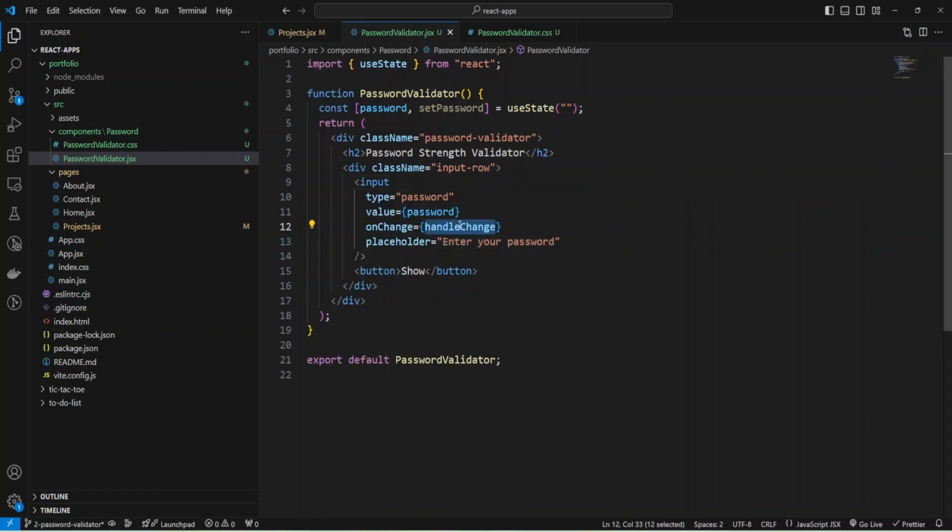Okay, and now we can implement function handle change.